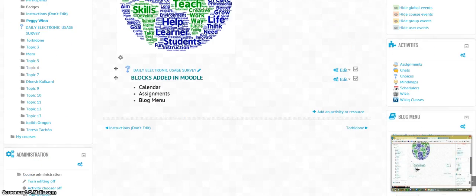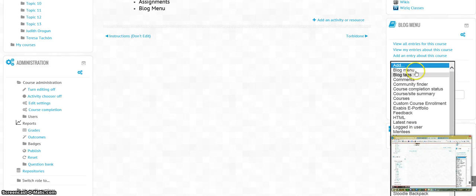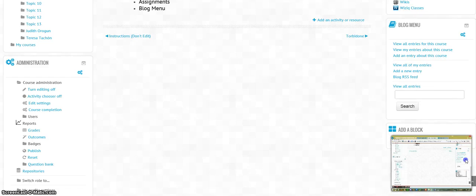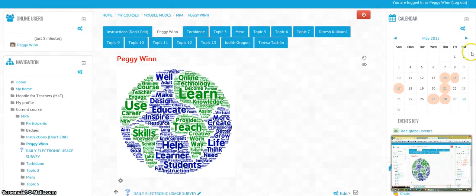So to do that, you would have to go down to the bottom to add a block. There's a drop down, and you can pick whatever you want here. So as you can see, I did the calendar,